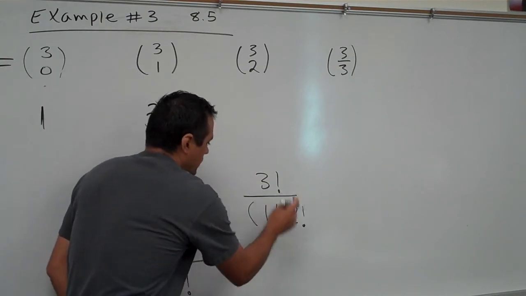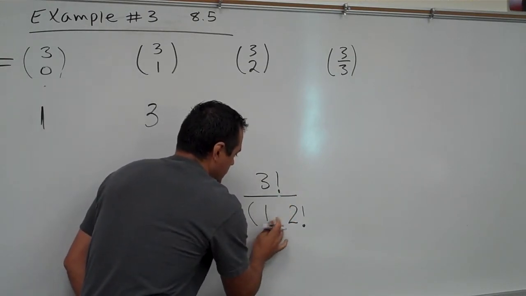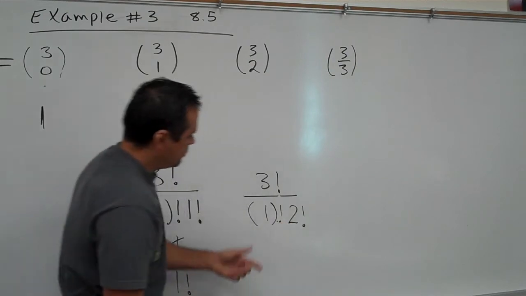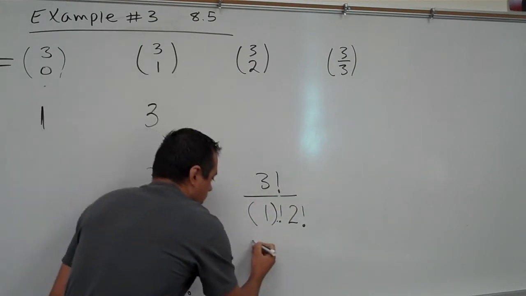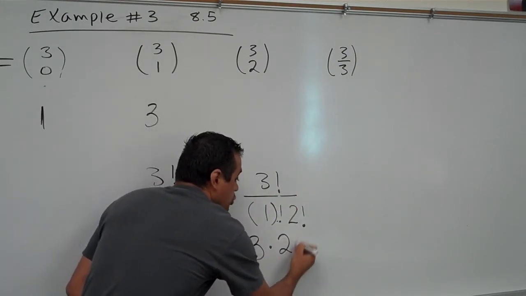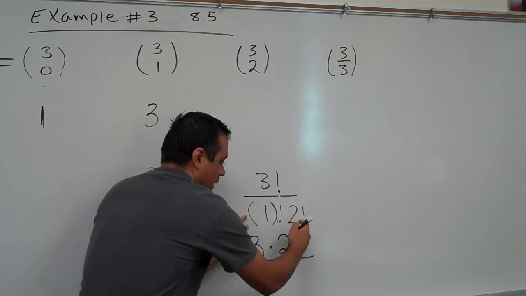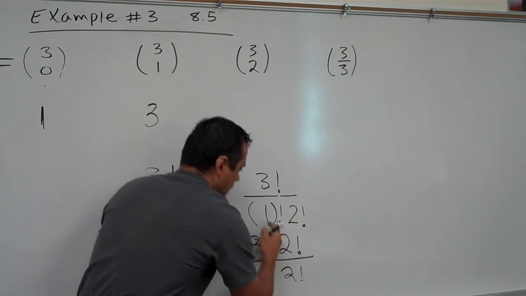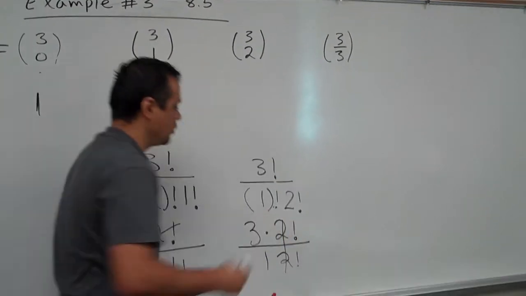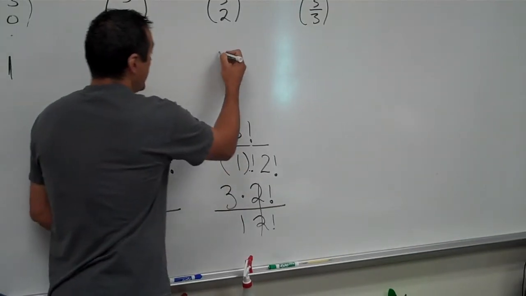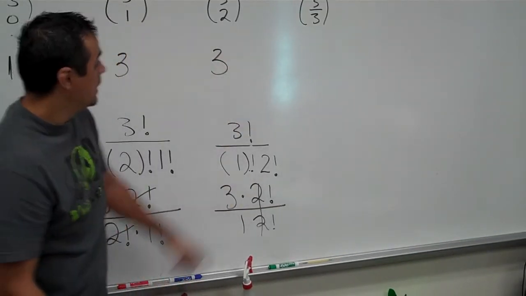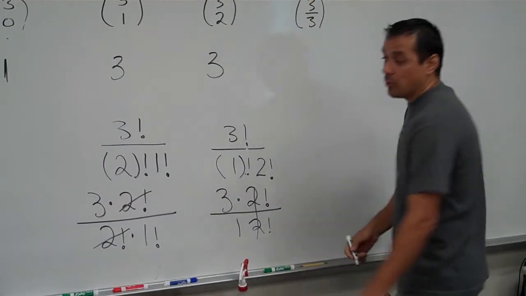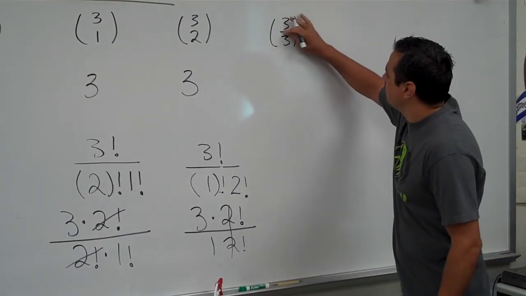We end up with 3 times 2 factorial over the bottom, which is 2 factorial times 1. So these go away, and you end up with, oh, look at that, it's 3 again. Cool. And last but not least, 3 over 3, or, oops, 3 over 3,